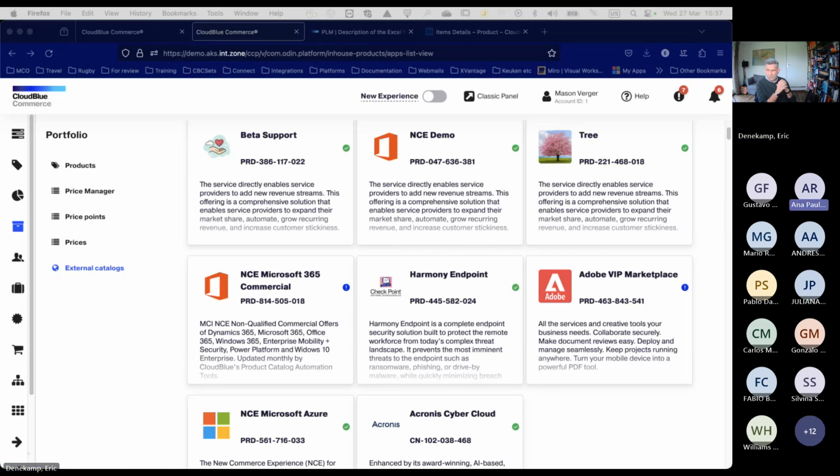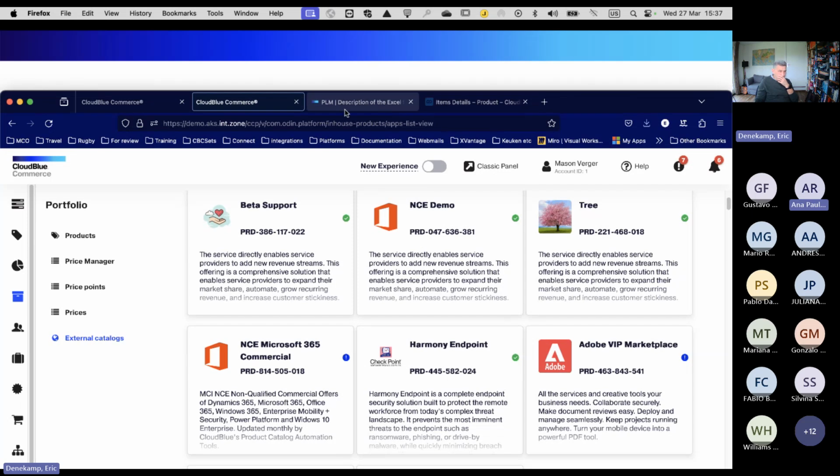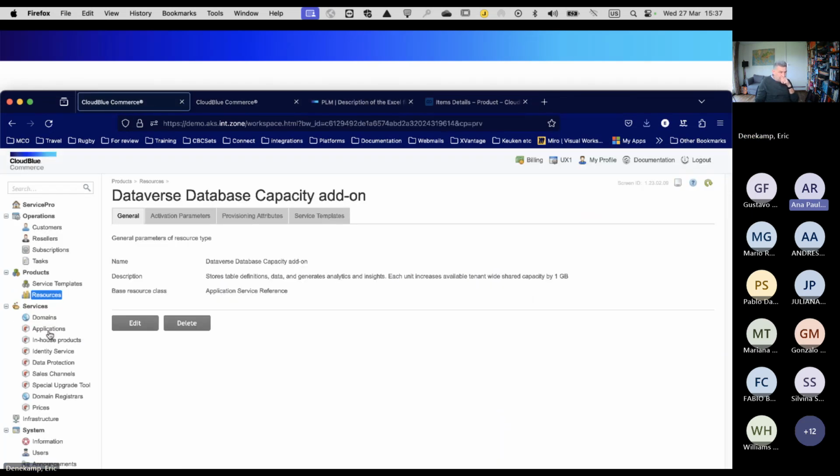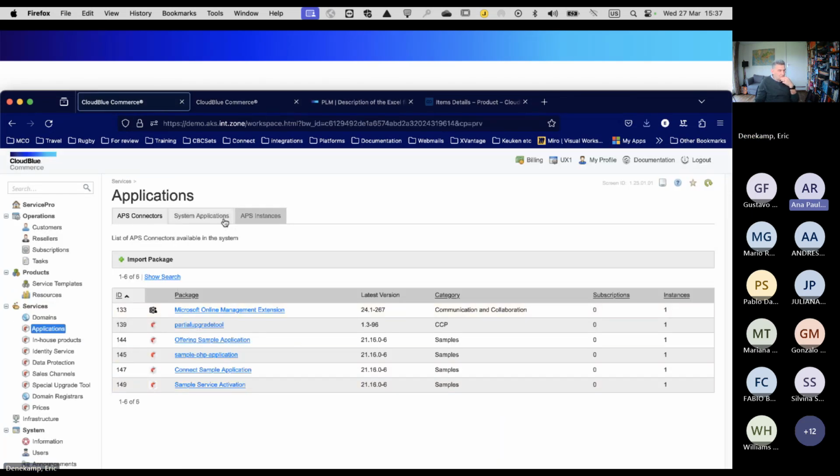Yeah, I'm talking about the instance that you have in the applications menu. You have the General tab and then the header versions. You can have more than one instance and more than one version in APS. I believe that is not possible here in Connect, you only have one option, one instance.